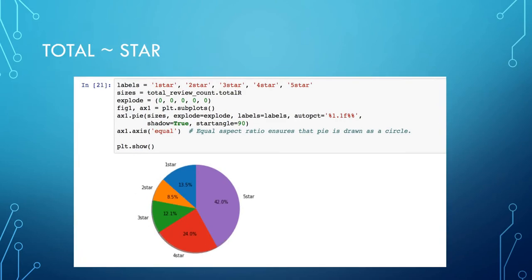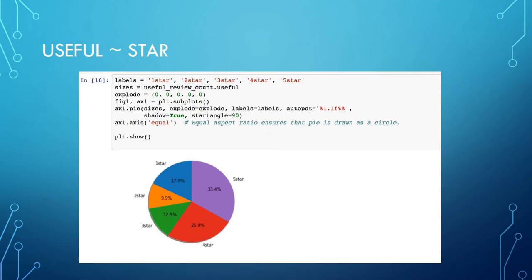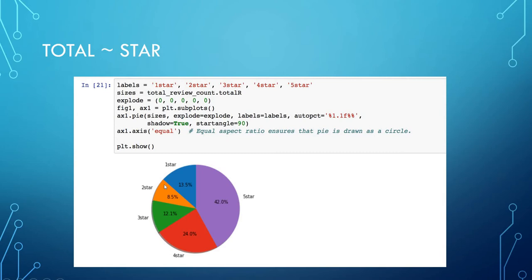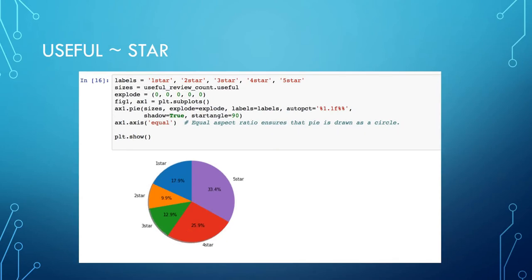and looked at the total review counts and found that 42% of the total reviews are at 5-star rated restaurants, 24% are at 4-star rated restaurants, and 13.5% are at 1-star rated restaurants. So we saw that change from the original graph of 18% at 1-star rated restaurants to 13.5% in the second graph of total reviews. So we figured that there must be useful information in the comments for 1-star